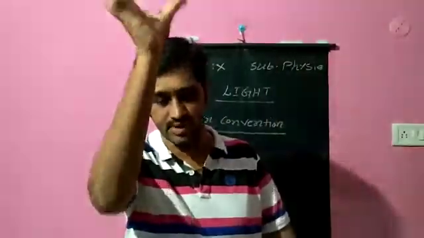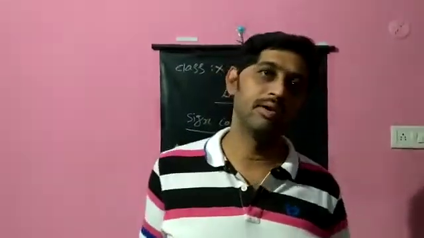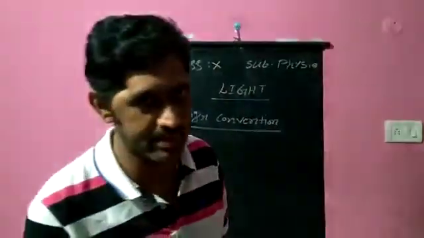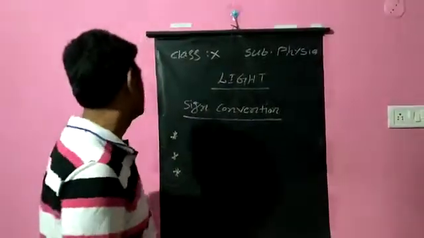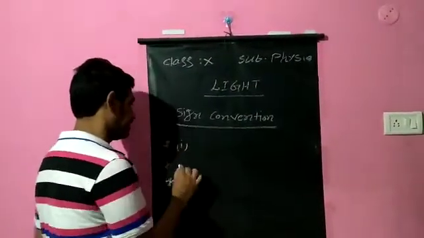Because all the sign conventions I explain after this are based on the first one. If you place the object on the right side, all the steps I am saying after that will go wrong, because these are defined when the object is kept on the left side of the mirror. So the first rule is: the object should be placed on the left side of the mirror.